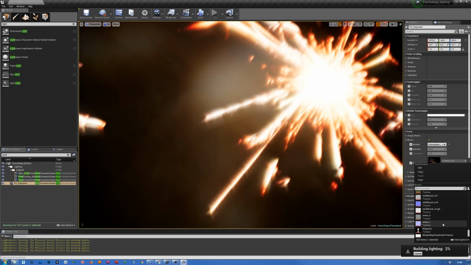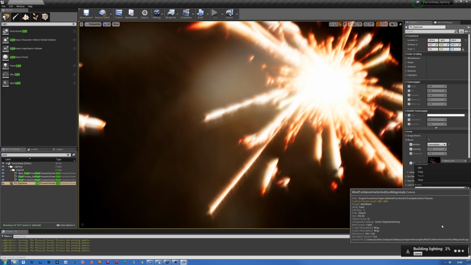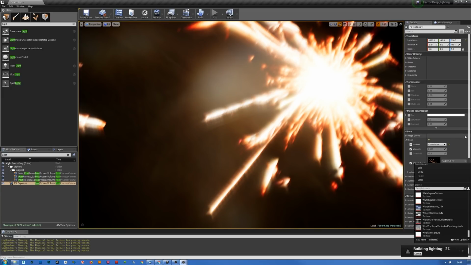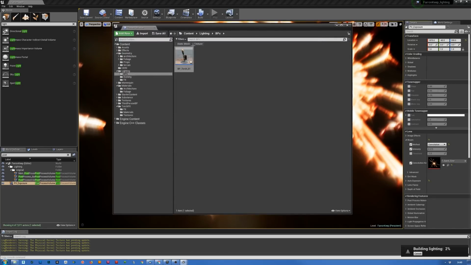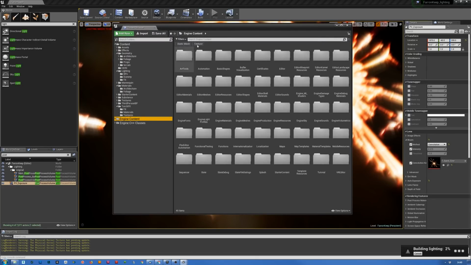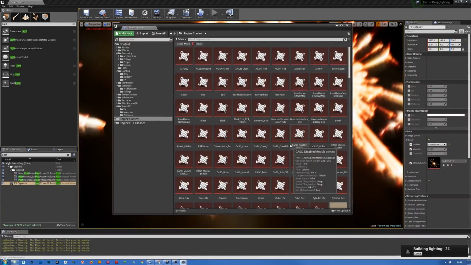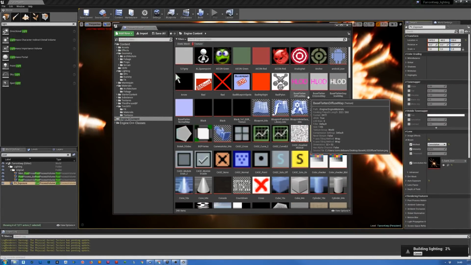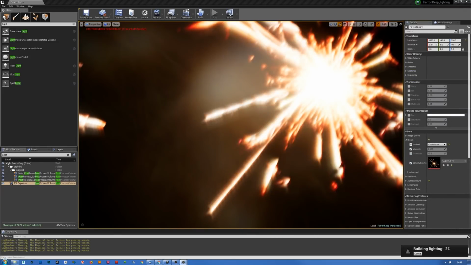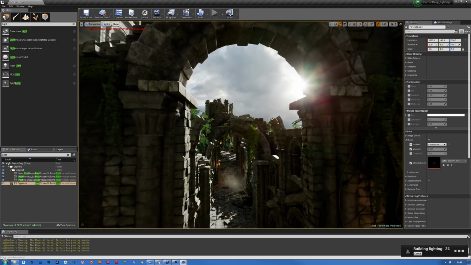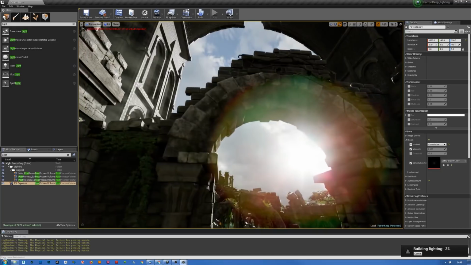There, it's in an engine folder. So let's do it the other way around. Let's go into our content browser, engine content, textures. Default Bloom kernel. Yep, that's the one I was looking for. And okay, so